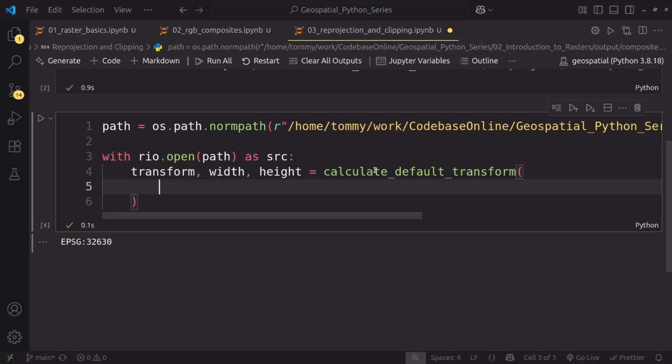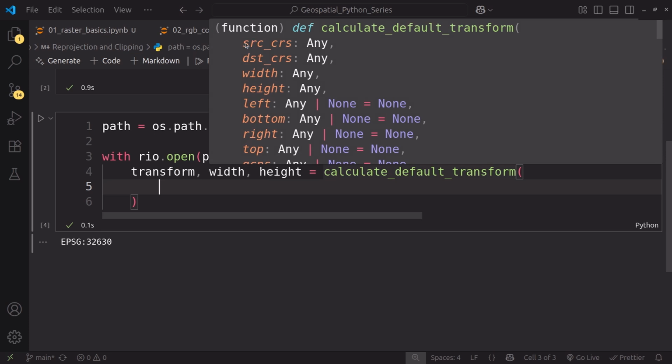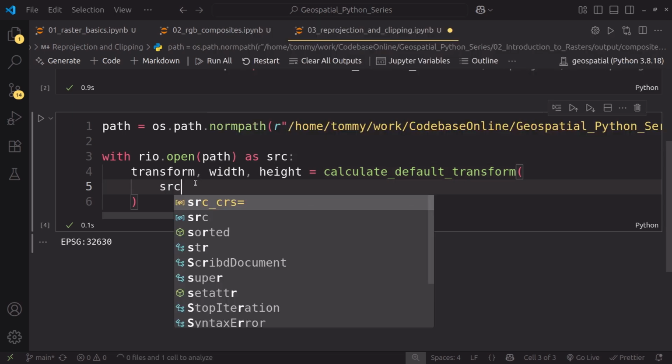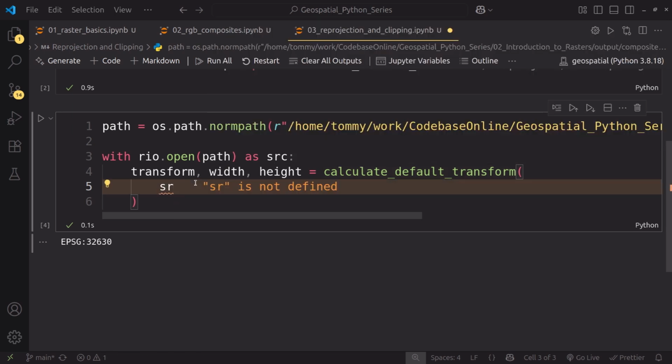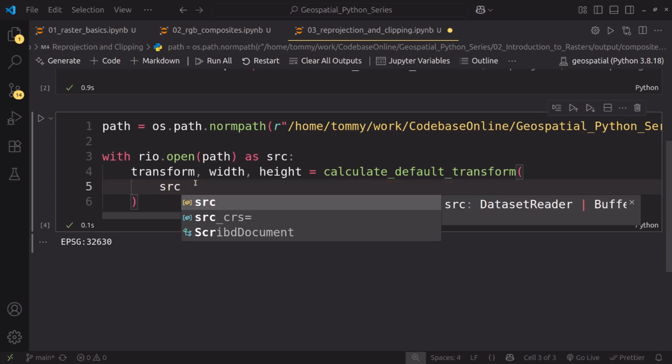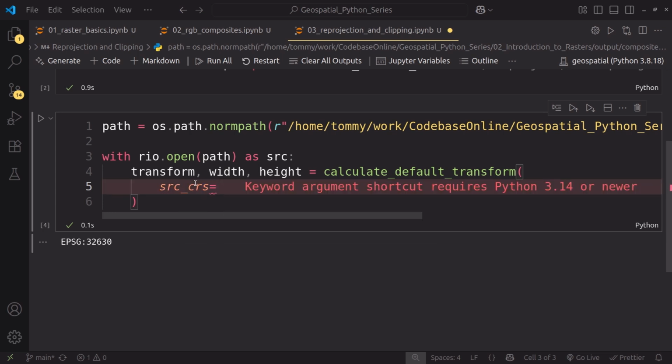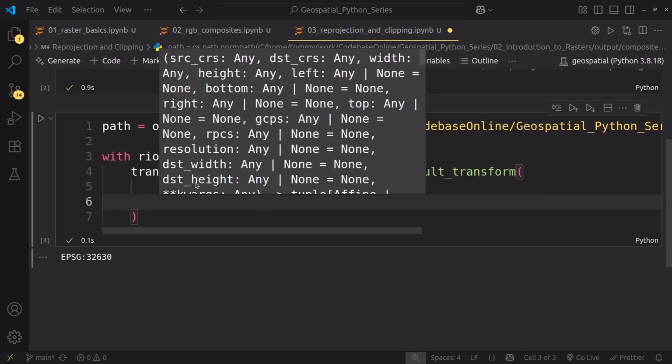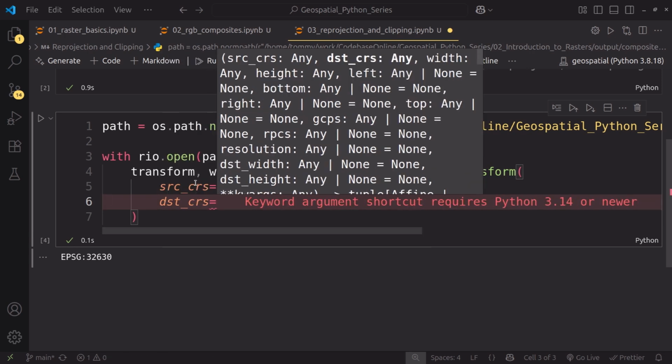If we put our cursor on it, you see that we need our source CRS, our destination CRS, our width, height, and the rest, left, bottom, top, and stuff. So our source CRS, that will be src.crs, and then our destination CRS, that would also be